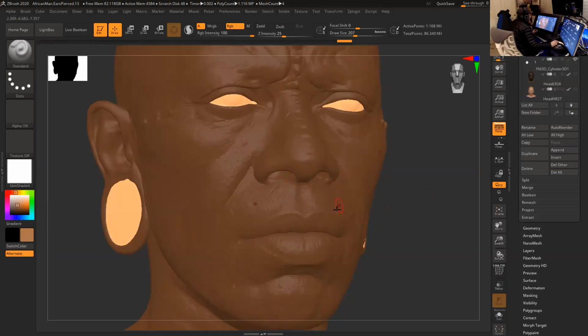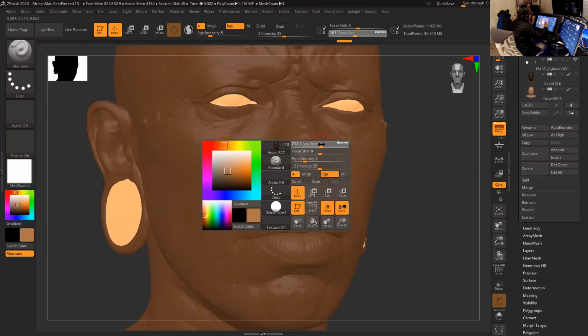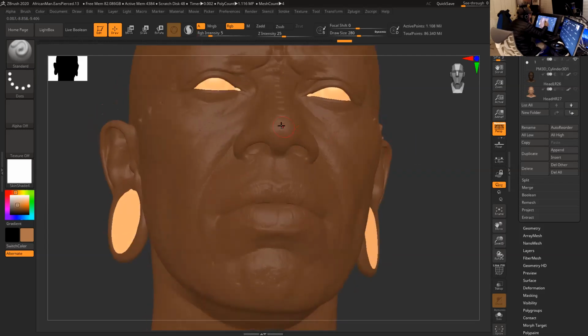And then in terms of the brushes that I use to paint, again, I'm gonna go to a very low intensity for my RGB, not sRGB. So 5 for intensity. You can go even lower than that for subtle stuff. I'm gonna start with 5, and then I can start just with the regular standard brush with no alpha, just to block the biggest forms, the biggest colors. So I'm just gonna start with the nose in here,